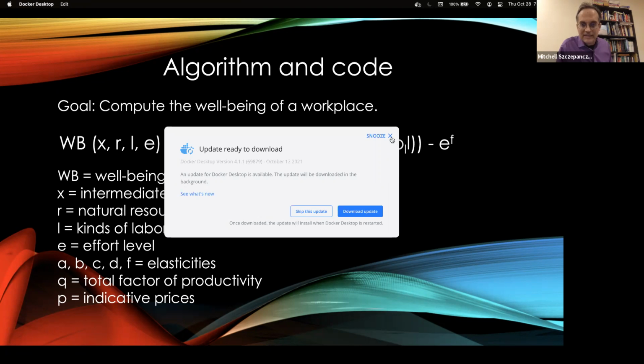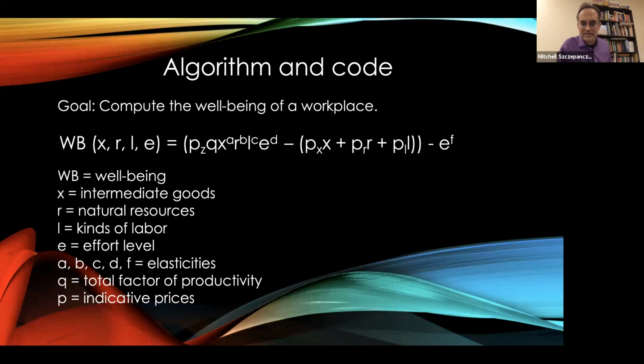Oh, that's fascinating. I got prompted for a Docker download. That's embarrassing. Anyway, as I was saying,